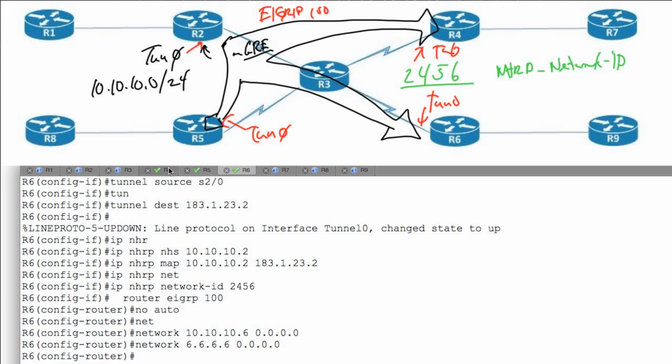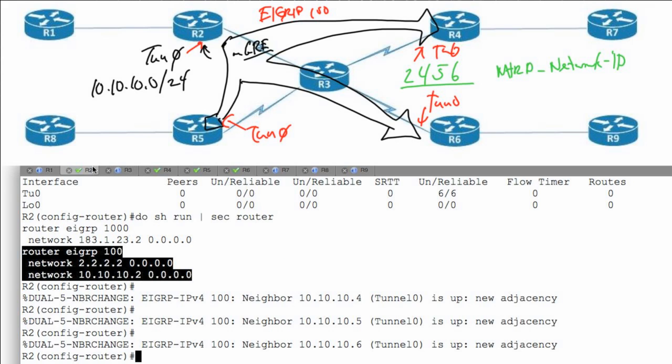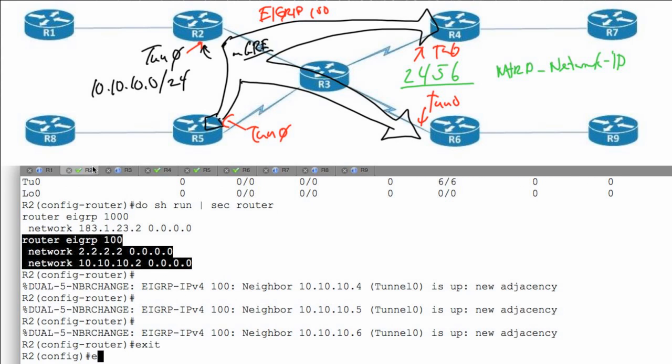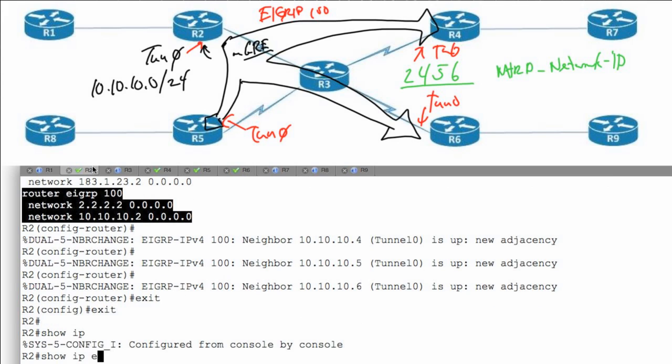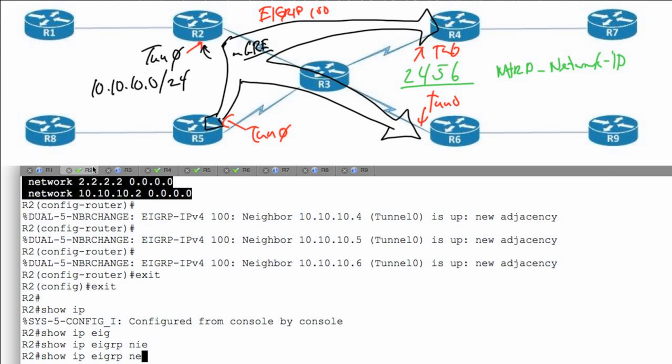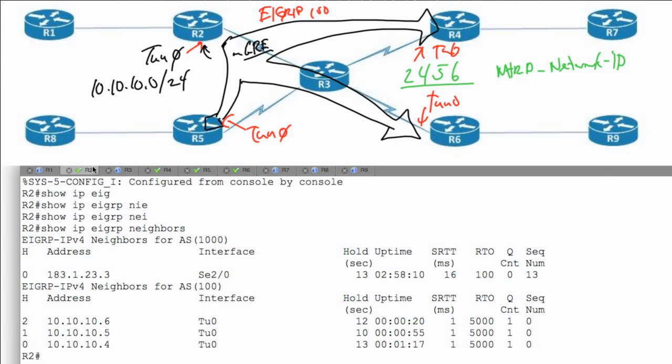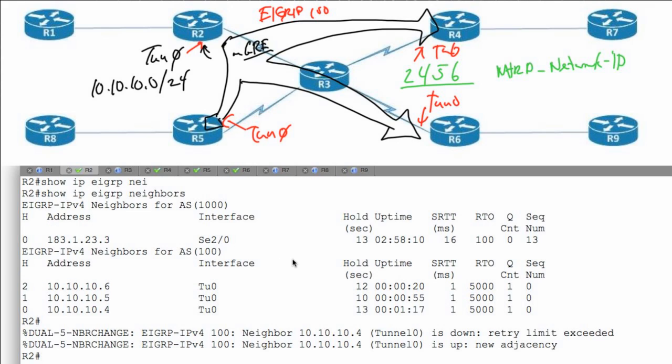All right, now let's take a look at this. Let's go to the hub, since the hub is interconnected to every device, and let's see what's going on. Show IP EIGRP neighbors. Let's see what we got going on here. Well, here we have